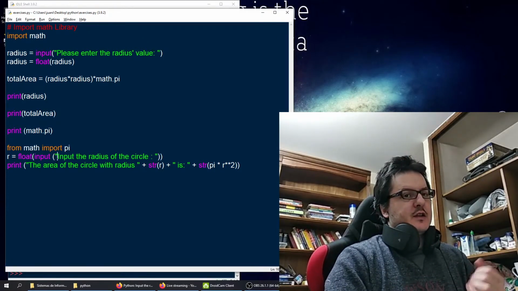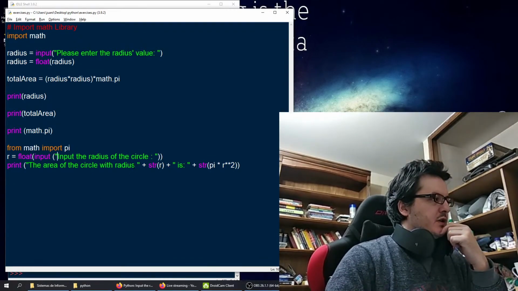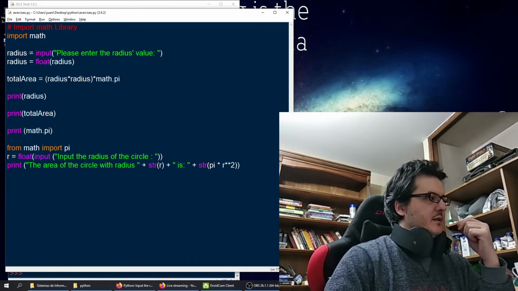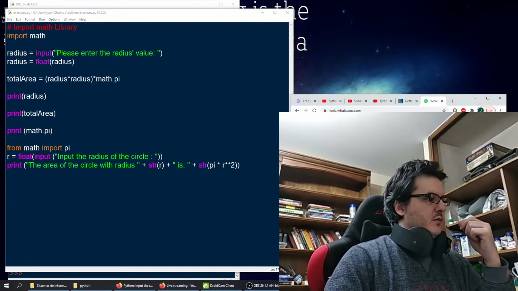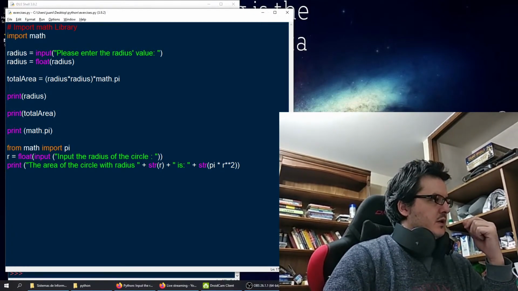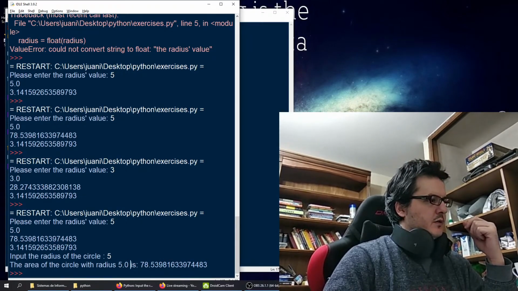And just for the future, if you want to do that, you do what they are doing here, which is the area of the circle with radius, and it turns r into a string, which we can see. Idle shell with radius 5.0, which is the float,